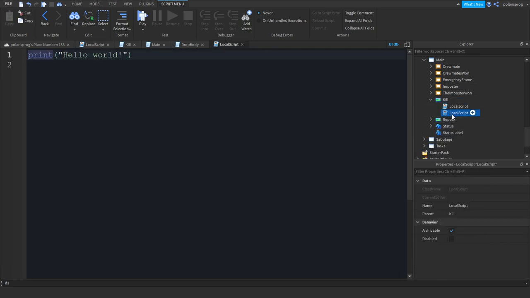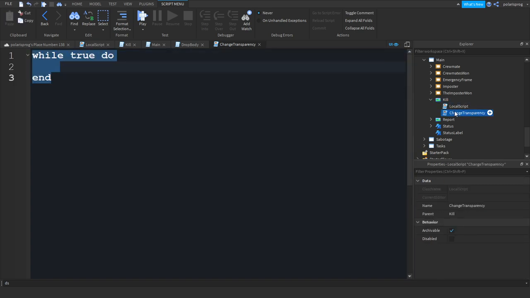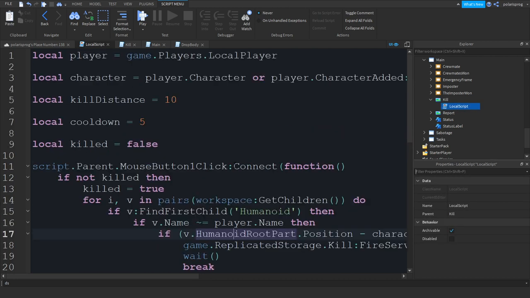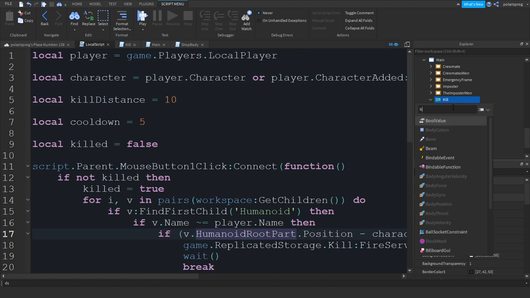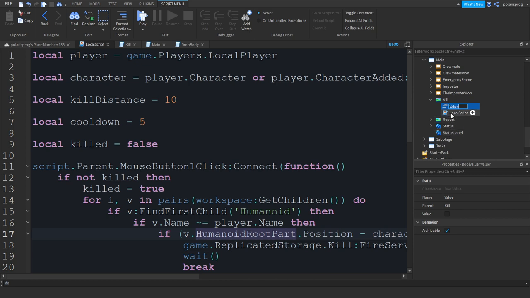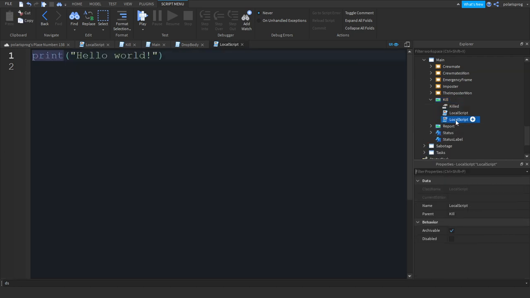Let's add another local script inside of this and rename it to change transparency, and in here we will write while true do. No, actually I don't need to put this here. I think we do. Yeah, we do. We really do. So what I'm going to do is add a bool value inside of this scale screen, the scale image button, and rename it to killed, and just make sure that it's set to false, and in here just put script.Parent.killed.Value. And now we will add a local script, rename it to change transparency,